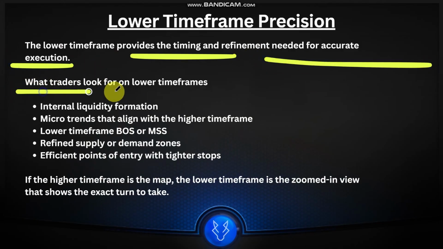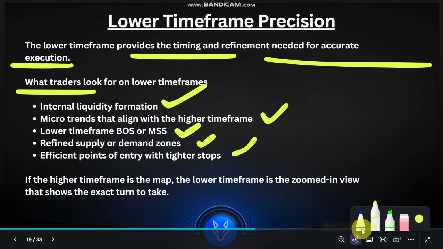So what traders look for in lower time frames are liquidity formations, micro trends that align with the higher time frame, lower time frame market structure, break of structure and market structure shifts, refined supply zones, and efficient points of entry. So what this is telling you is simply this, that if you have